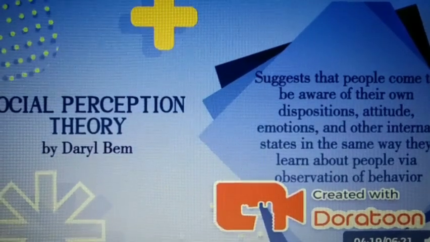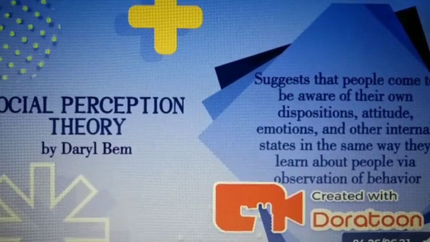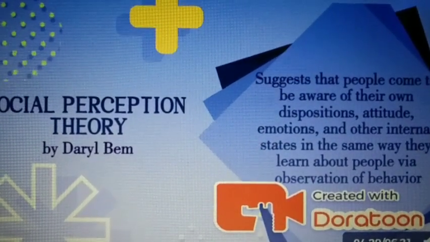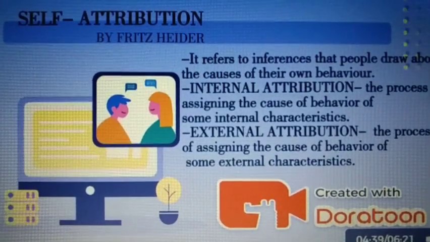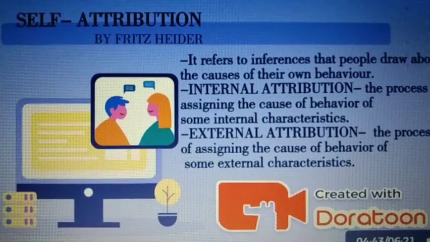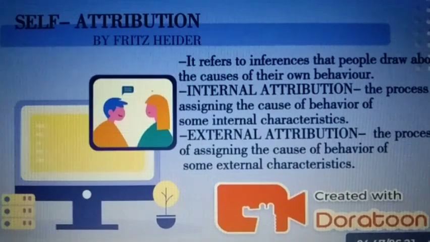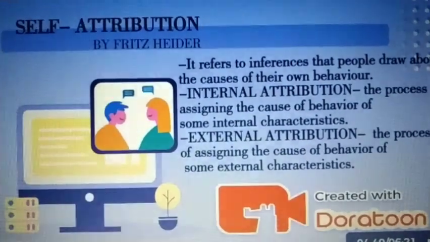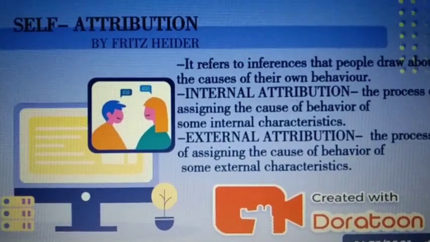For the self-perception theory by Daryl Bem, it suggests that people come to be aware of their own dispositions, emotions, attitudes, and other internal states in the same way they learn about other people via observation of behavior. Self-attribution of Fritz Heider refers to inferences that people draw about the causes of their own behavior. So this self-attribution has two types. It has internal attribution, which is the process of assigning the causes of behavior to some internal characteristics, and another one is the external attribution, which is the process of assigning the cause of behavior to some situation or event